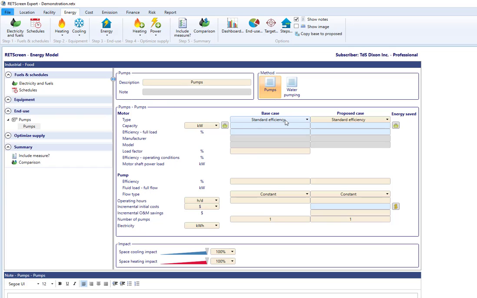In my base case, I have a standard efficiency motor driving my pump. The motor size is 20 horsepower. RatScreen from its database pulls the efficiency, and I have to enter the loading or the load factor for that motor, how heavily loaded it is. I determine that it's 75% loaded, and now RatScreen requires me to specify the efficiency of the pump in the